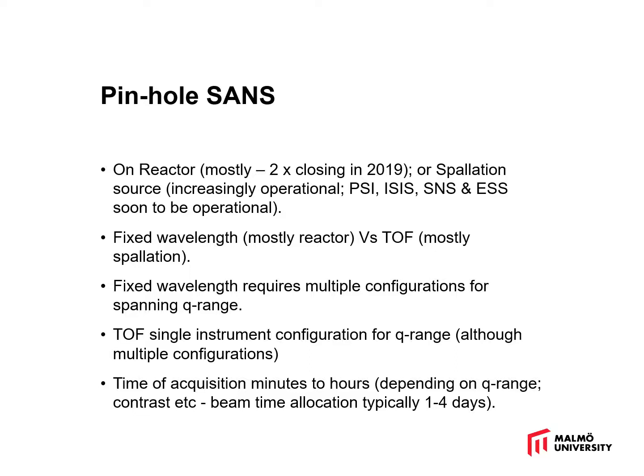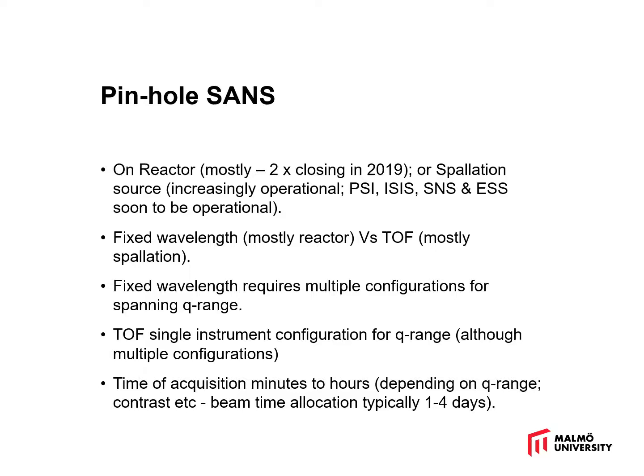Fixed wavelengths usually require multiple configurations for spanning the Q range. And so as I've shown you in the past, the sample to detector distance is measured maybe 2 or 3 times depending on the Q range that you want. It's important to remember each time you move the configuration, it's going to cost you time, and the